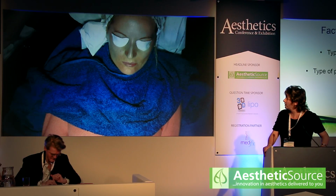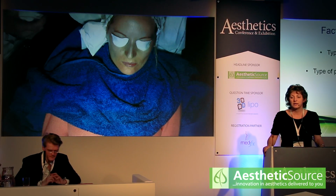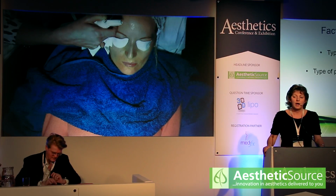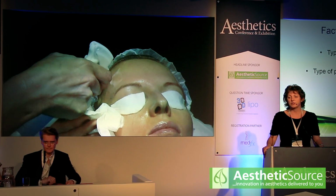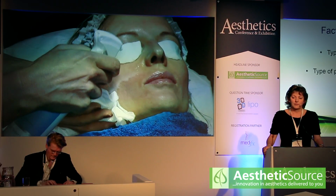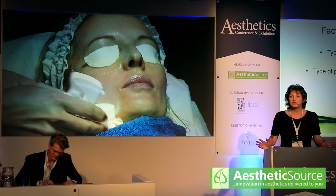So as you can see what's going on now on the main slide, you can see that Caroline has now put protection over her client's eyes, her patient's eyes, and she's got the Neutraliser spray, and she's going to spray that on. So we have an alkali spray going onto the acid, alkali and acid combining. In this case, we're going to produce carbon dioxide, which is going to give you a foam,